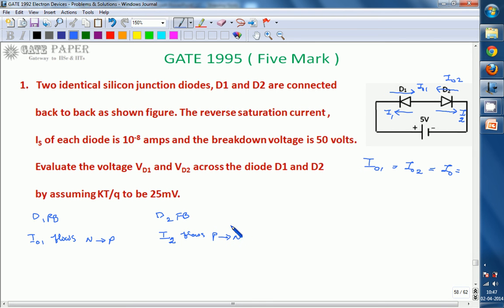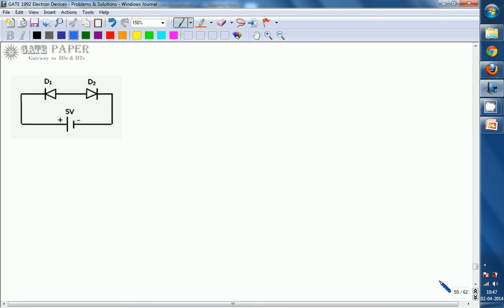So the circuit currents for this one, if you are indicating at that time, we can write it as: in this, D1 is reverse biased, so the current flowing in this direction is nothing but I01, and D2 is forward biased, the current flows from P to N and it is indicated as I2. Both the diodes are in series, but one current is I01, the other current is I2. The current flowing through this circuit effectively is either I2 or I01. From this we can say that I2 is equal to I01.